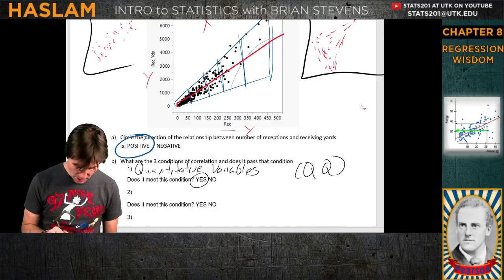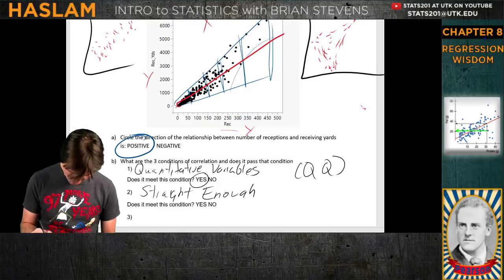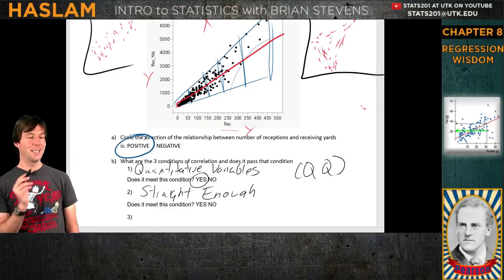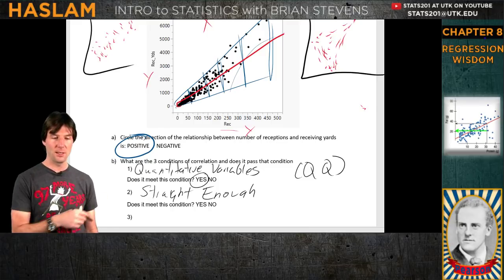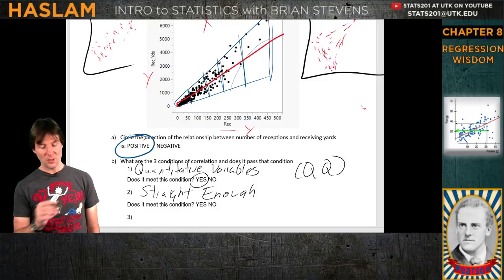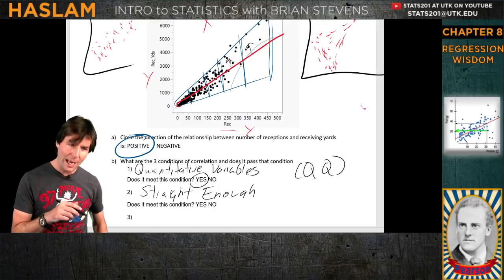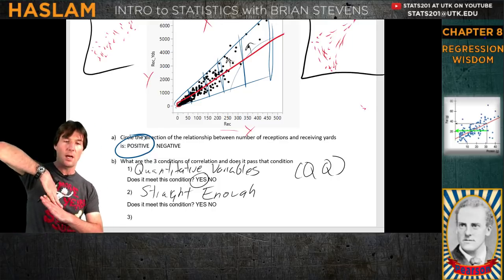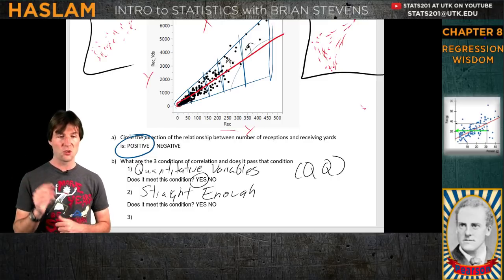Now the next will be straight enough. Now be careful, I've heard people write it incorrectly, and I don't want to put that out there. So we have straight enough. And if you ever can't read my handwriting, be like, Brian, what'd you write? Because sometimes I can't read it either. Straight enough. You could say maybe it would bend up a little bit here, like someone's going to come in and say that line goes a little bit up more there if we were to put it through. But I think people are saying in the chat, yes, this is straight enough.